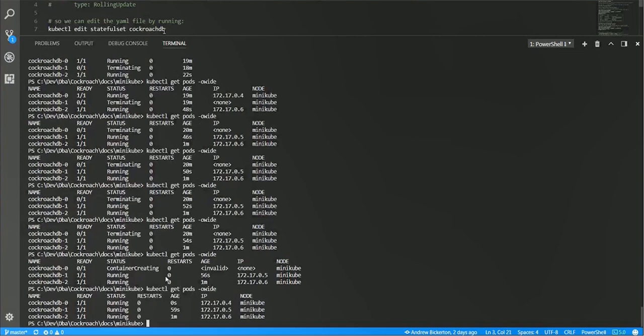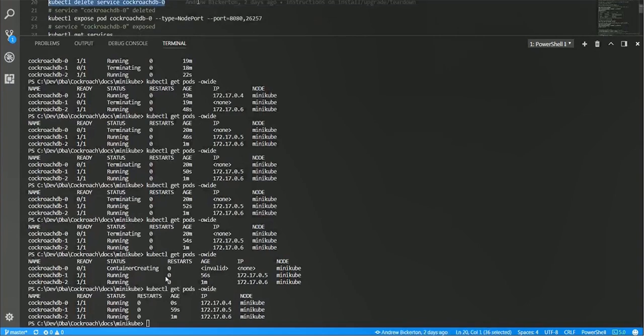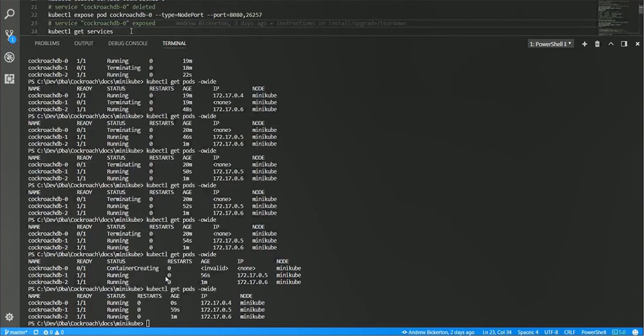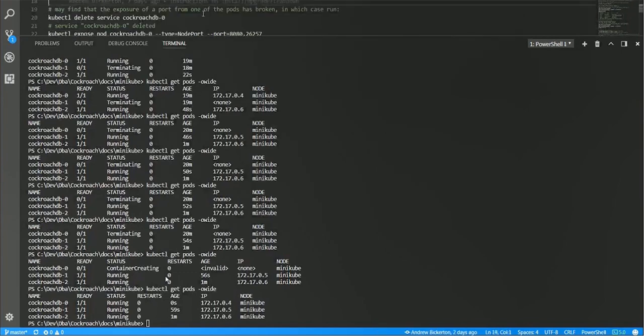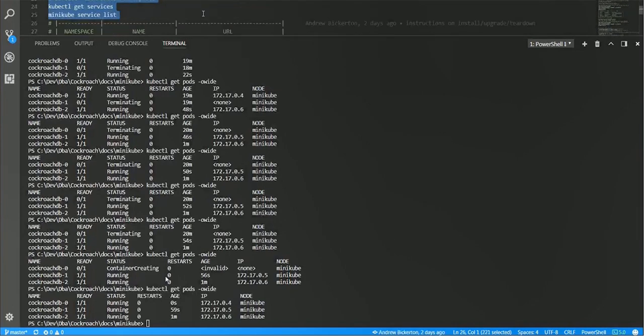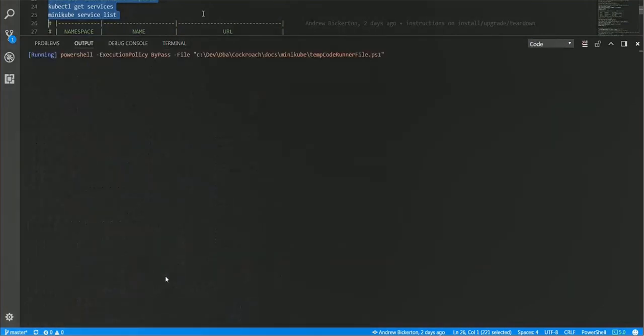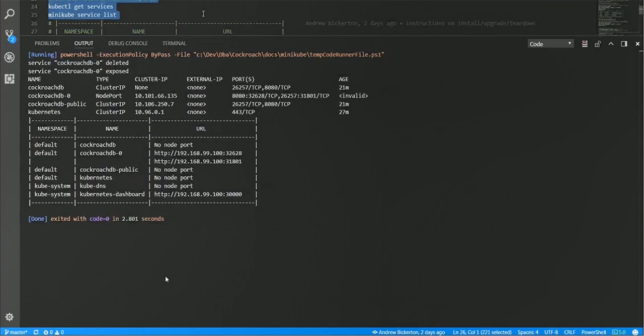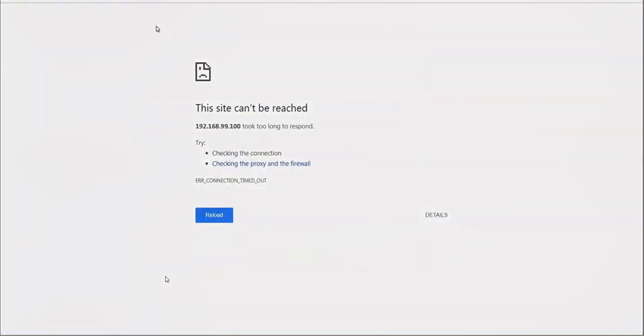I need to re-expose the port of that pod. So to re-expose that port, I go through this process. We would need to first of all delete the service that we created, then recreate it, and then view the new port mapping. There is probably a way where you can specify which port to expose externally, but I haven't yet figured out how to do that. So if I run those ones, we can see it's now being exposed as 32628. If I change that to